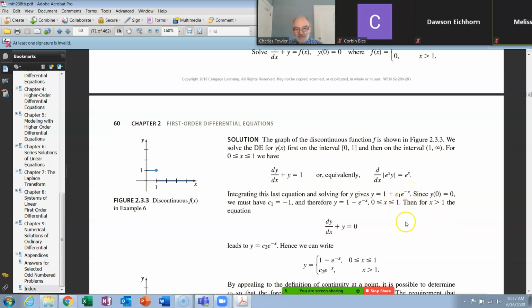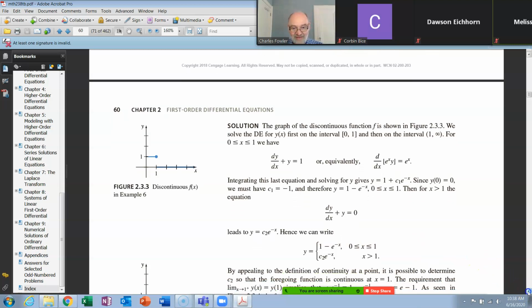That's what we got. They didn't write, oh, there it is. I'm sorry, there it is. y is equal to 1 minus e to the minus x, okay? And that's good from 0 to 1. Now for x greater than 1, this is the thing, they skip every step possible here and say y is equal to c2 e to the minus x, without any explanation of how they got it. It is true, I'm sure, but